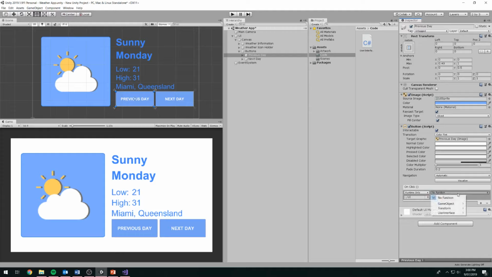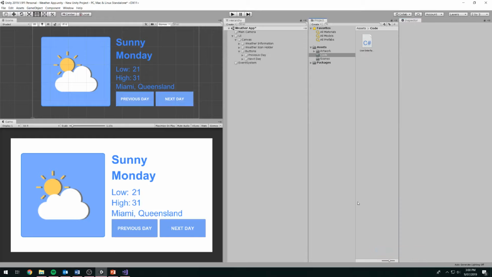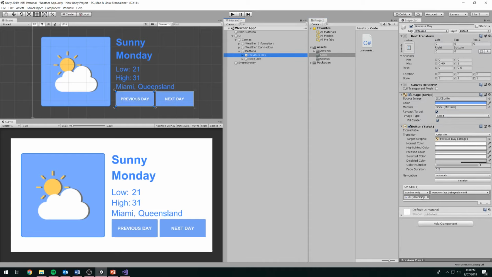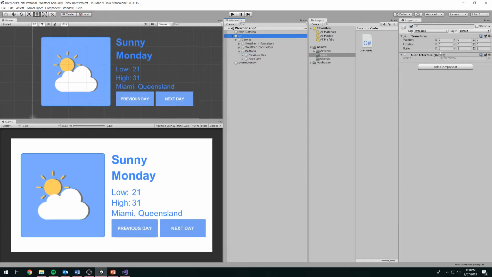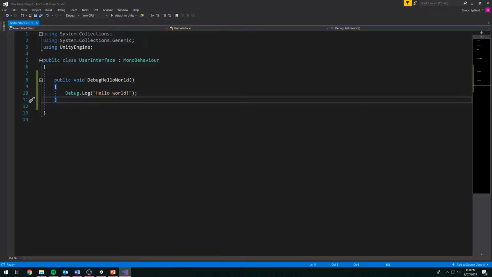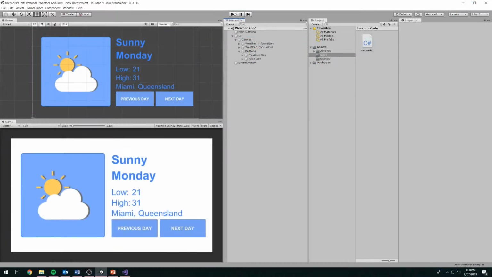So let's click it. User interface, that's the script that I made. And I think I called it debug hello world. So I'm going to click on that. So it's going to now say, hey, when I click on you, go to the script on this object called user interface and run the method or function debug hello world. So if I run this now